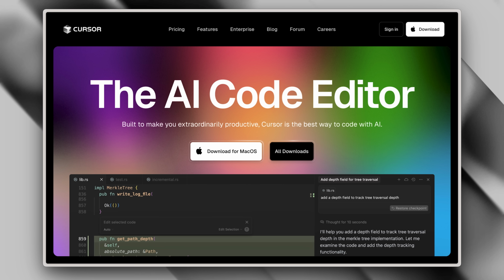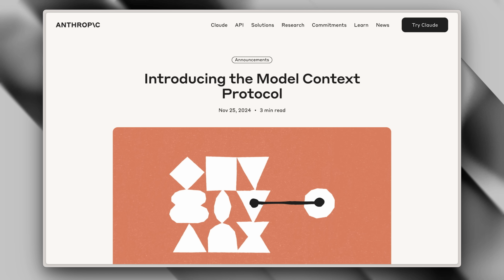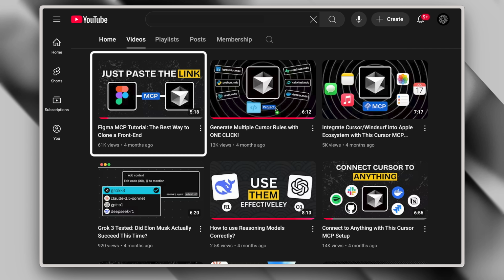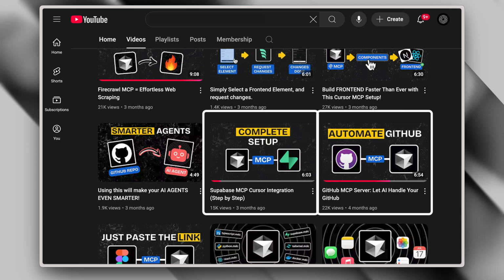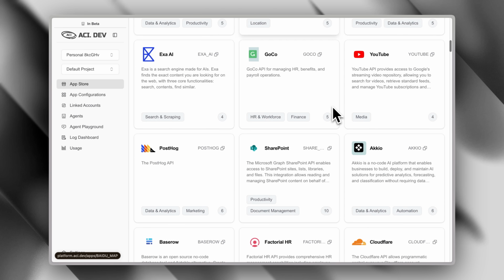Over the last year, AI technology has advanced incredibly fast. We've seen some amazing breakthroughs happen. Looking back at our channel, we started with a simple cursor tutorial that had a decent AI agent. But now, with new tools like MCPs and better ways to handle context, everything has completely evolved. Today, I'll show you the first platform that truly demonstrates this evolution, a platform that has taken AI agent architecture